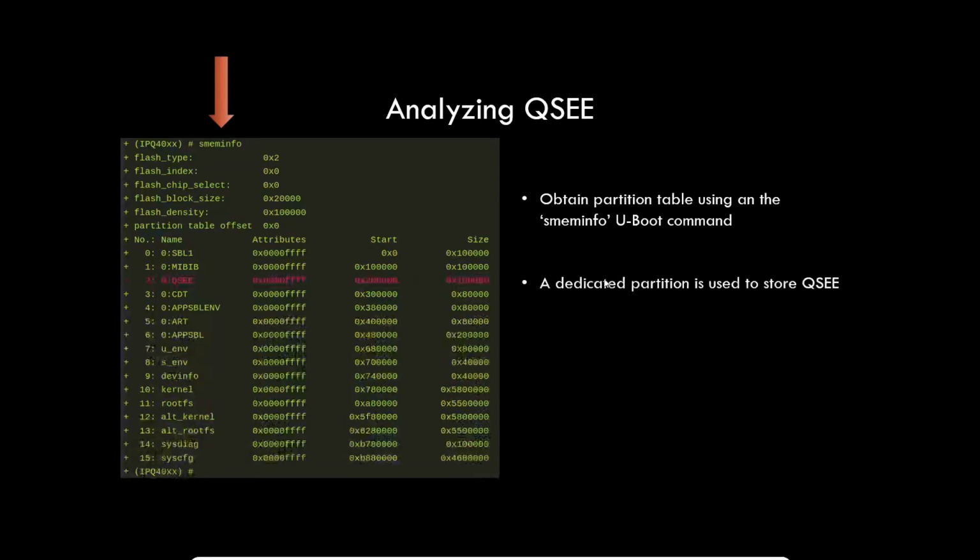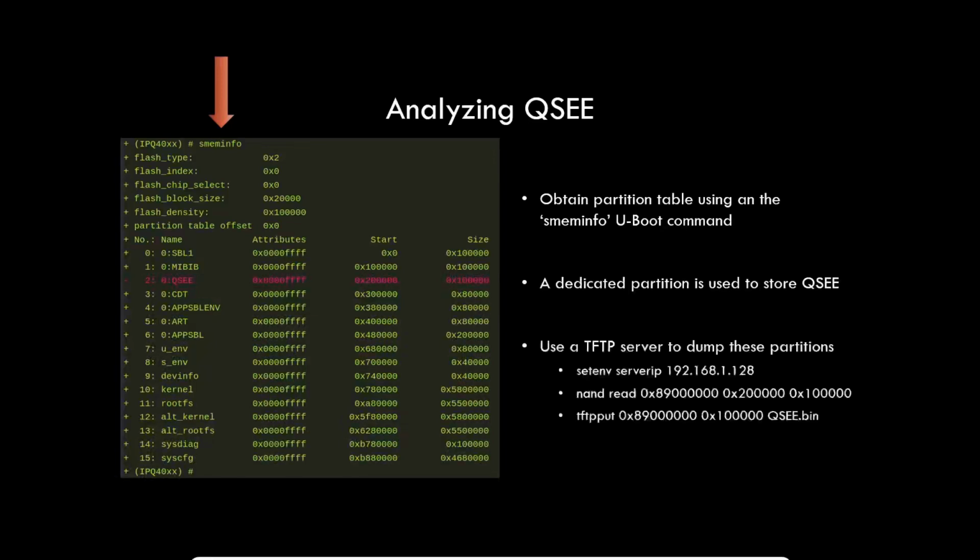So there is a dedicated partition which is used to store QSEE. It was trivial to use a TFTP server to dump this partition. Just follow this command. We have the server IP set up. We read the NAND somewhere in 0x89000000, and then from there we just output that to the TFTP server. Again, trivial, nothing really special. So basically, this was pretty easy, and we got to have it loaded into IDA.